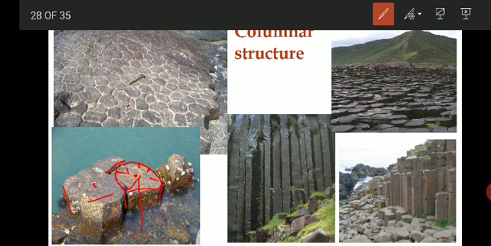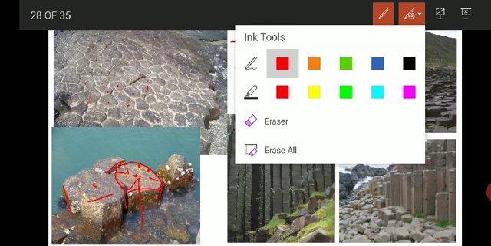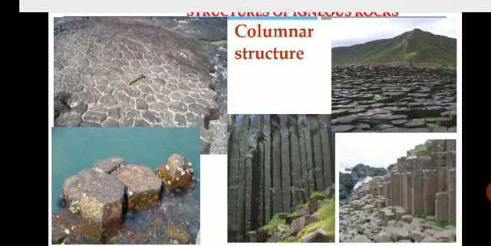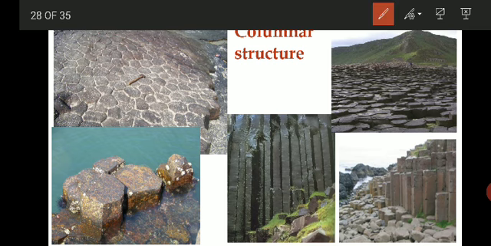So what happens here in columnar structure? There will be development of centers of contraction. So at equal intervals you can see the development of centers of contraction. So what happens to such centers? So towards the center point, while cooling, the contraction takes place towards the center. So like this,